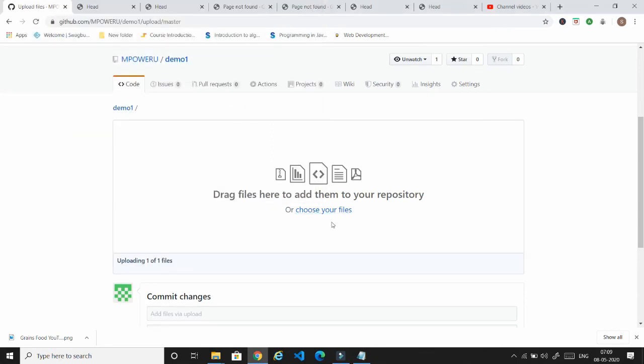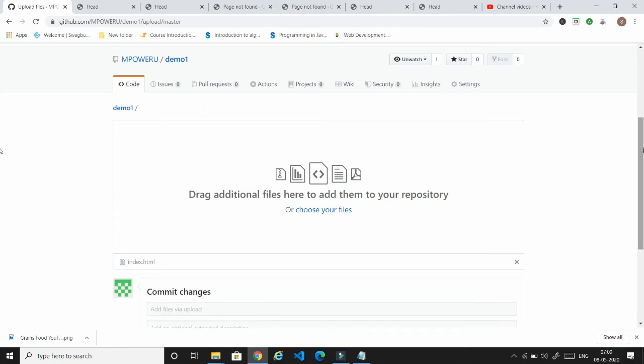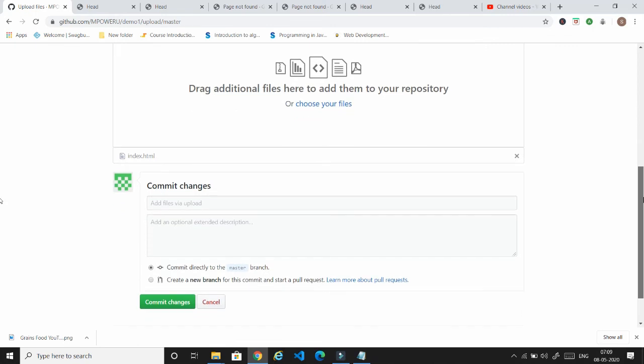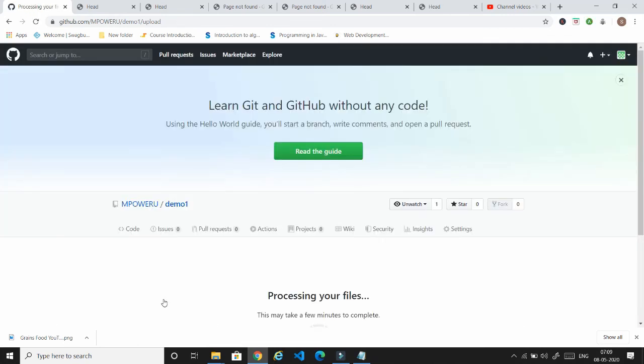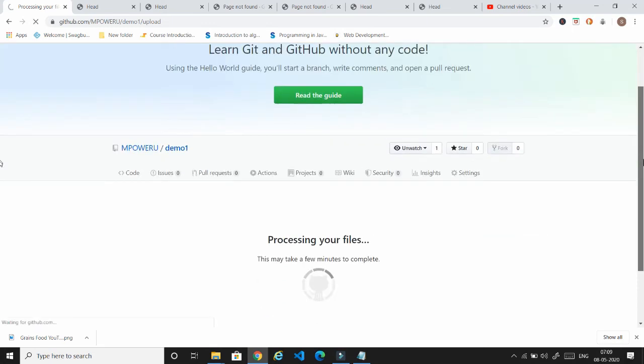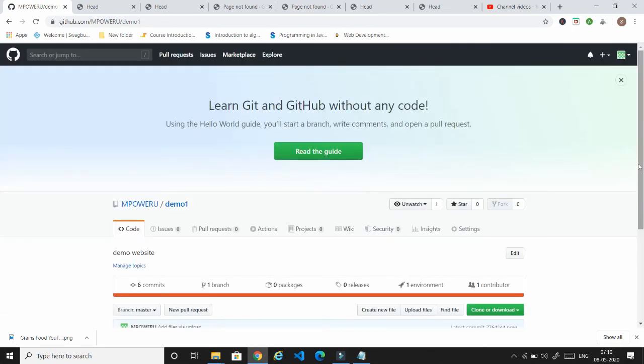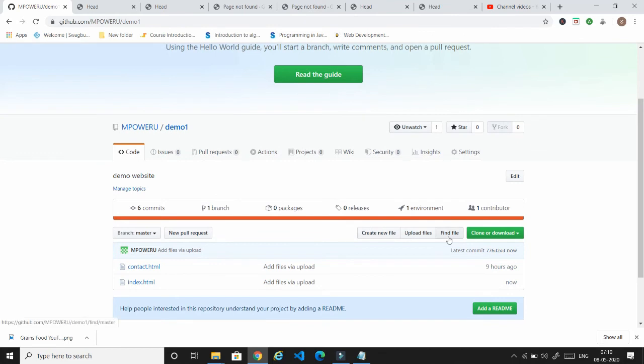So I'm just uploading index.html. Without index.html, a website cannot be published. And index.html is uploaded, and commit changes. So the index.html has been uploaded successfully, and I'm just going to the settings.